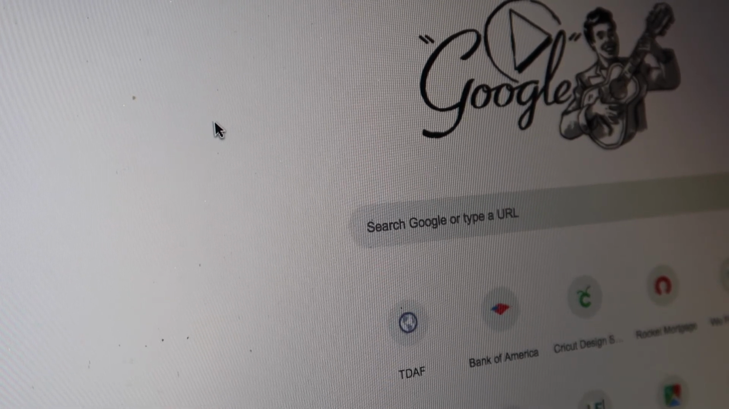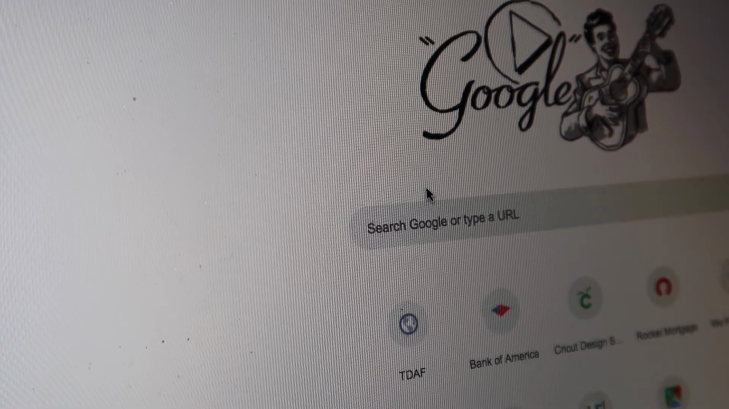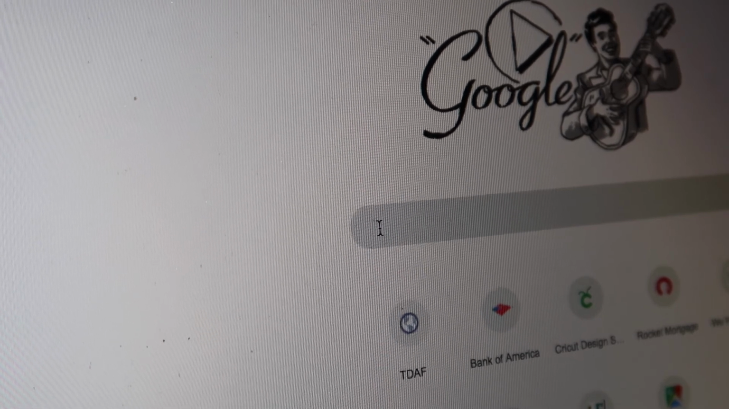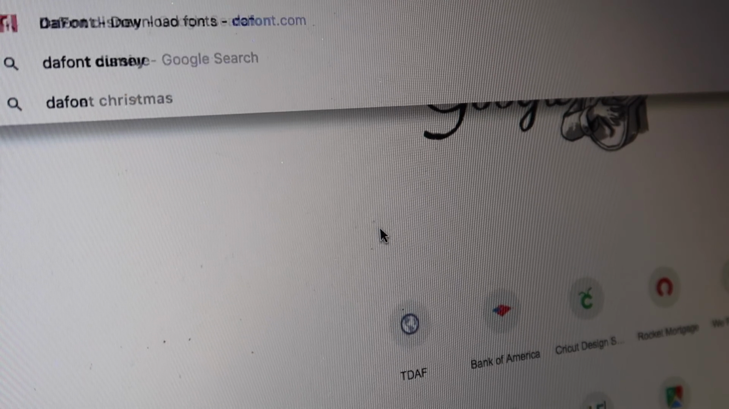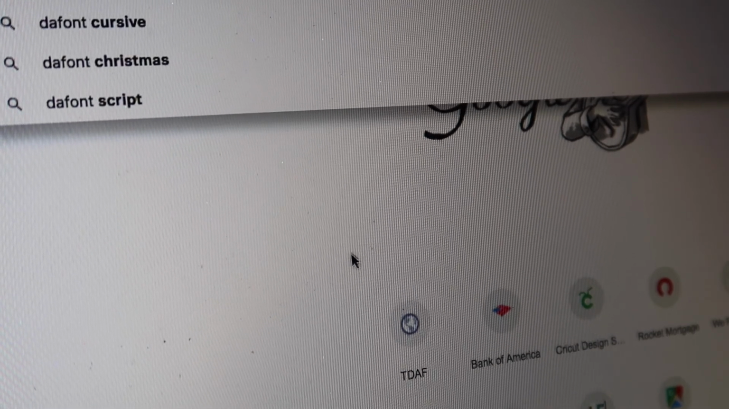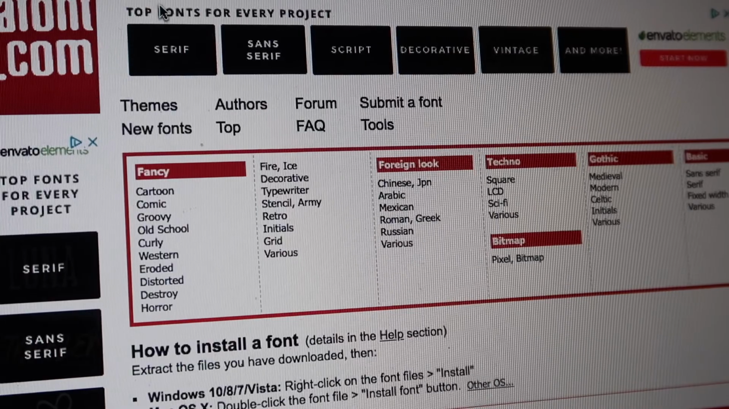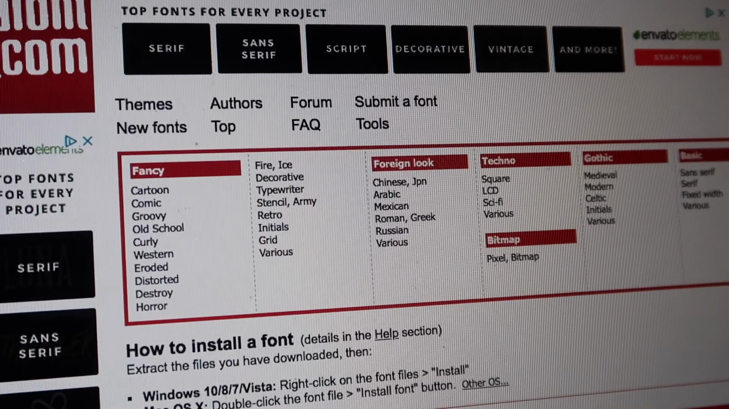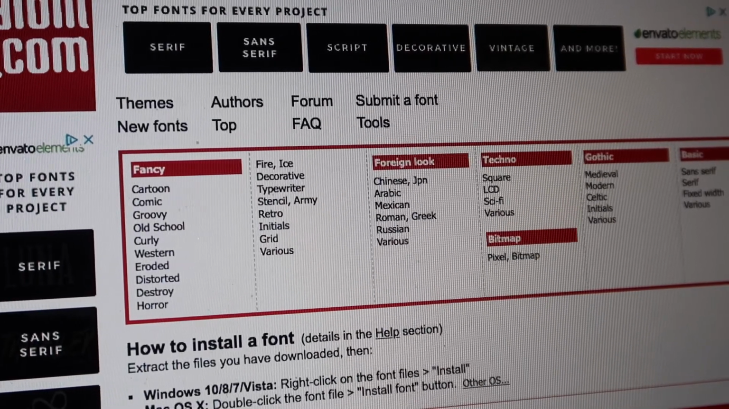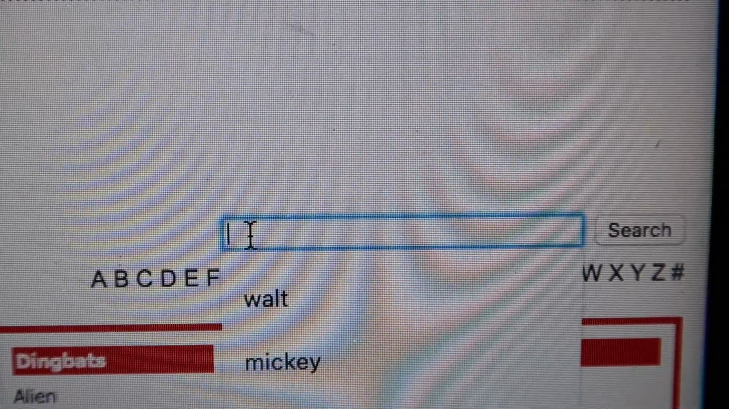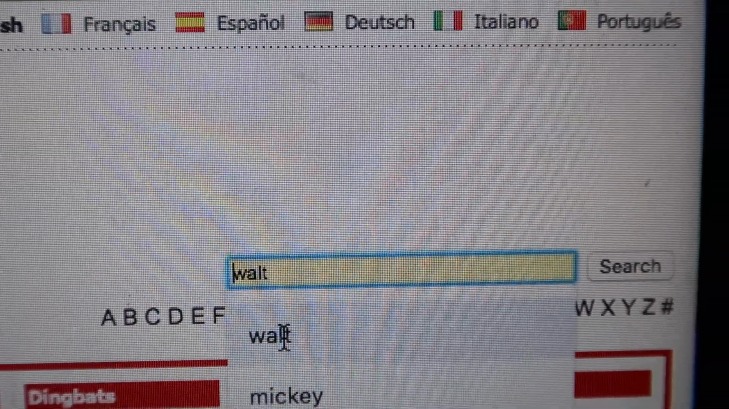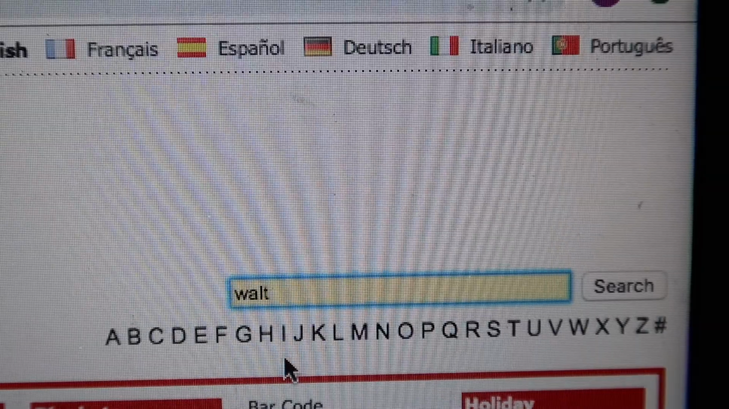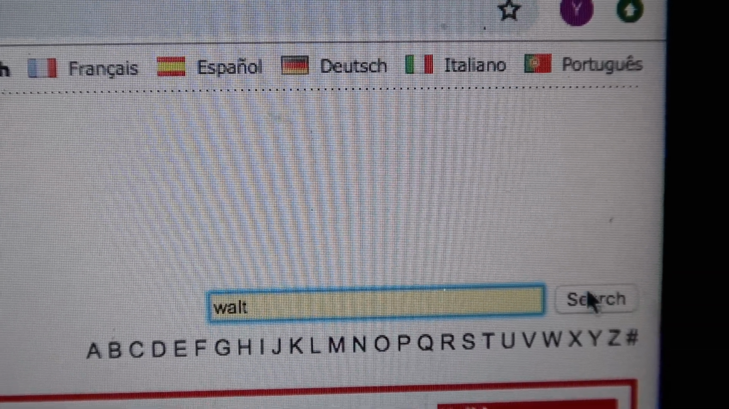before you even open your Cricut, you're going to want to type in D-A-F-O-N-T, DaFont. I'm going to try not to go too much into detail about all of the fonts here. Up in this corner here, if there is something that you are specifically looking for, for example, Walt Disney, so I put Walt, and search